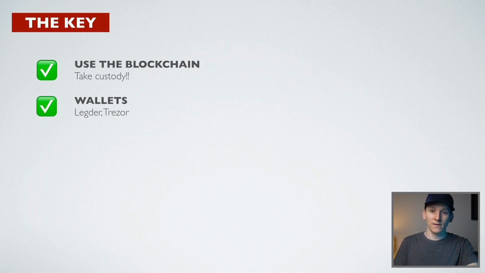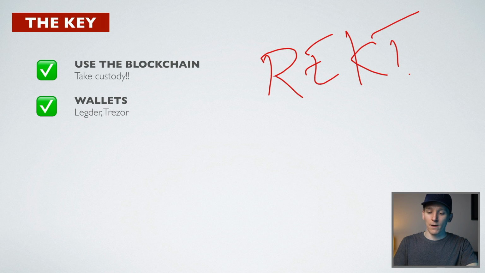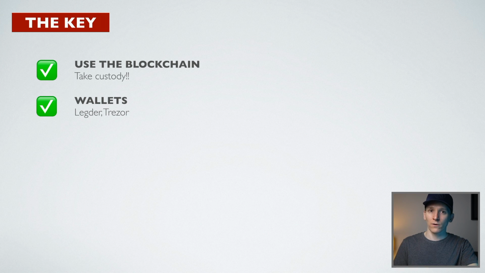The absolute key to crypto, in my opinion, is taking control of your assets. And so this is the best way to not get completely wrecked. We've seen during this bear market that a lot of people did all the right things. They dollar cost average, they invested, they took some good trades, and they got completely wrecked because their assets were on a centralized exchange. The whole reason that Bitcoin exists and crypto exists is that you can take the value of your money and you can take it out into your own custody.